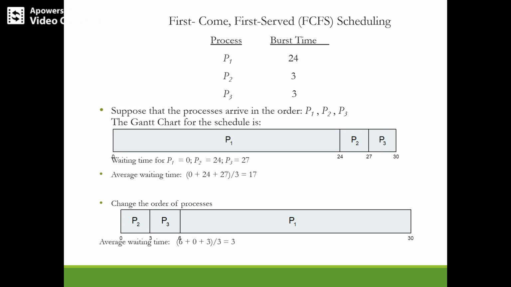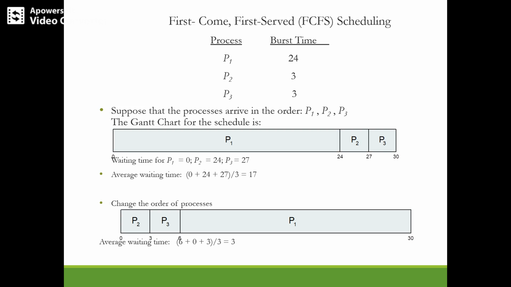So usually when a process enters the queue, its PCB will be linked to the tail of the queue, right? And when the CPU is free, it is allocated to the process at the head of the queue, correct? And the running process will then be removed from the queue, because it has moved from the queue to the CPU for execution.